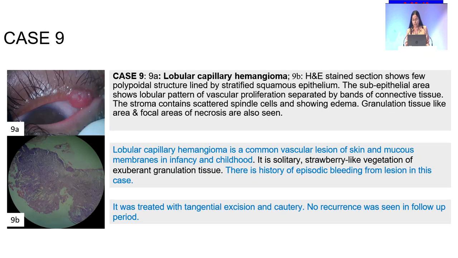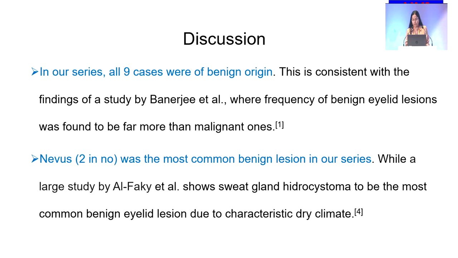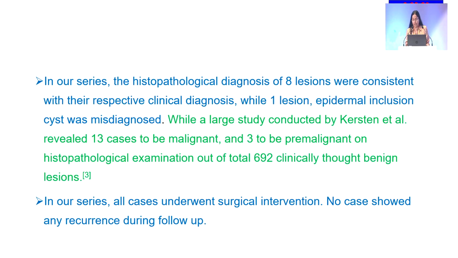Our ninth case was a lobular capillary hemangioma, which is a common vascular lesion of skin and mucous membrane in infancy and childhood. There was a history of episodic bleeding in our case. It was treated with tangential excision and cautery. So coming to the discussion, in our case series, all 9 cases were of benign origin. Nevus, 2 in number, was the most common benign lesion in our series. The histopathological diagnosis of 8 lesions was consistent with their respective clinical diagnosis, while 1 lesion, epidermal inclusion cyst,